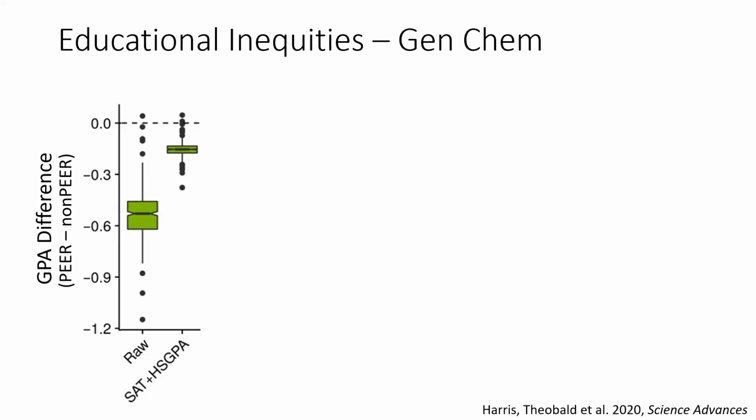Students are not fitting regression models in their head to think, oh, that person has a slightly higher high school GPA, slightly higher SAT score, right? Students receive a grade and they talk to their friends and look around. So it's important to me that we address both of those issues.